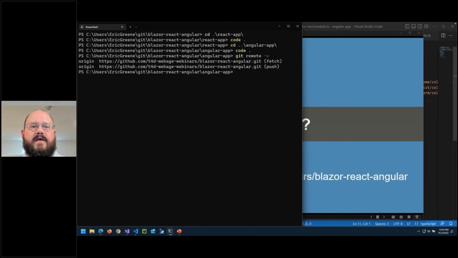You're welcome to go download the code for this. And for the React and Angular app, just do npm install with Node.js and you can run it. For the Blazor app, just open it up inside Visual Studio and run it, and you'll be able to run it. And you can go in and kind of take a look. And I've tried to make it like an apples to apples comparison between the different libraries and frameworks. Okay, so with that said,